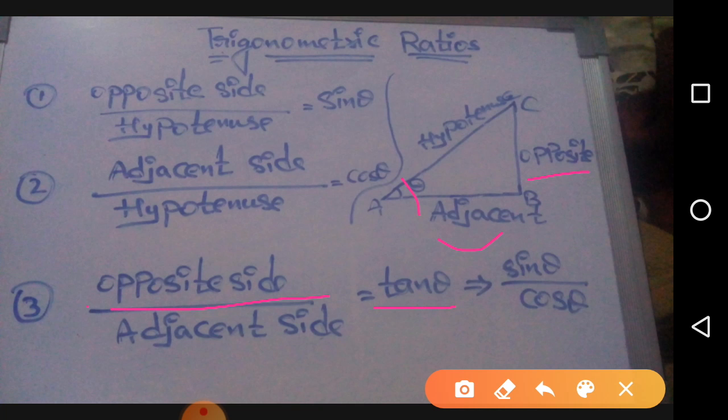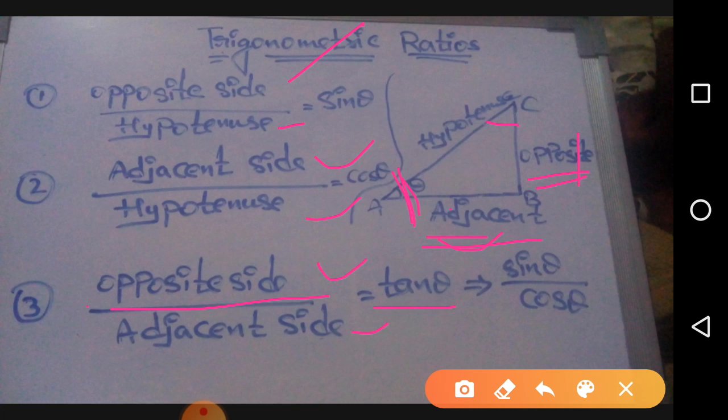You may be wondering where this theta came from. So theta is our consideration. If you consider it from here, opposite to theta will be this one, and adjacent will be this. Let's say if you have considered theta over here, so opposite will be this and adjacent will be this. But this will remain as it is, that is opposite by hypotenuse, adjacent by hypotenuse, opposite by adjacent for tan theta.